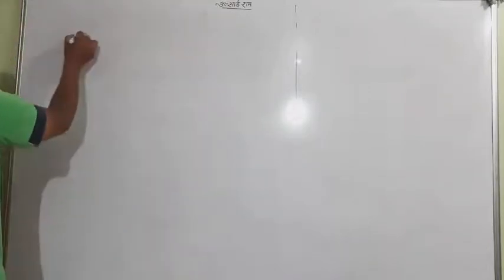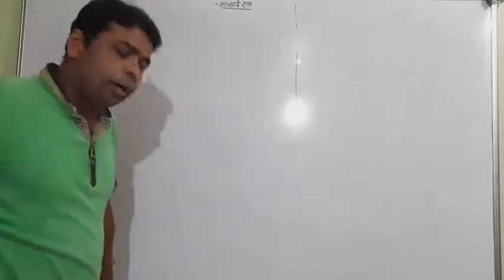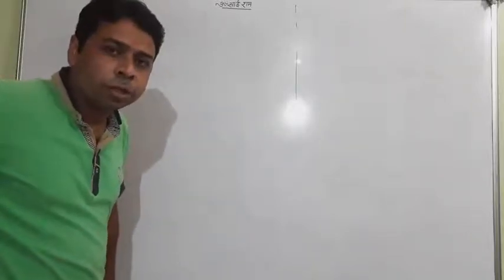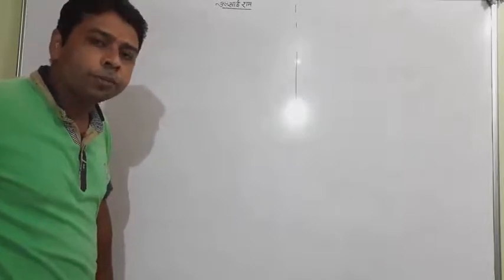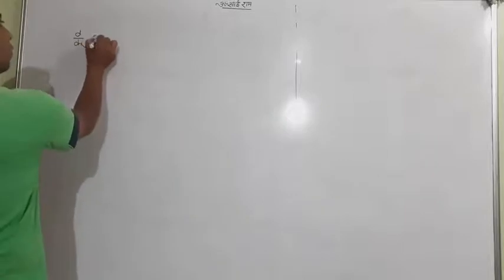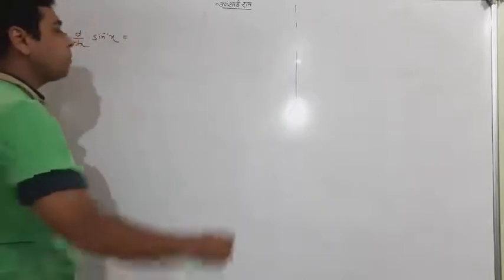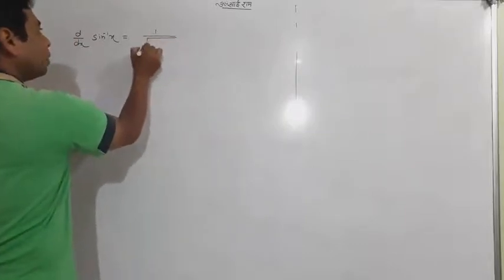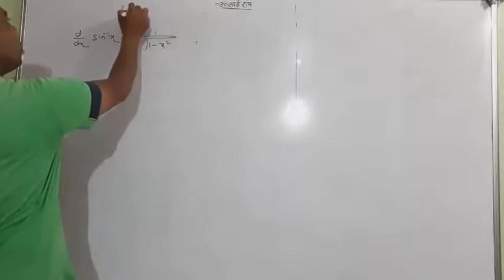Look, you know that d by dx differentiation and integration are the opposite methods of each other. So whenever we want to see any formula of integration, we normally see the differentiation laws. So d by dx of sine inverse x, an important formula, is 1 upon root of 1 minus x squared. Can you reverse it? This is a formula of differentiation.